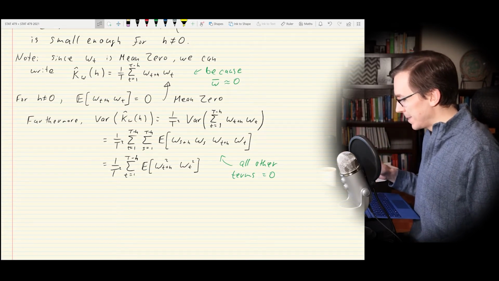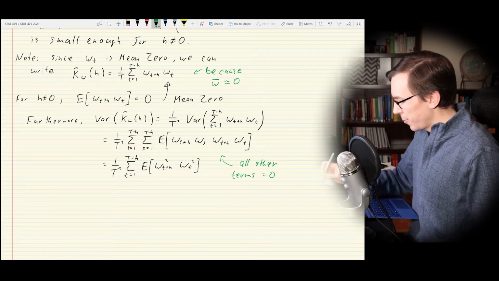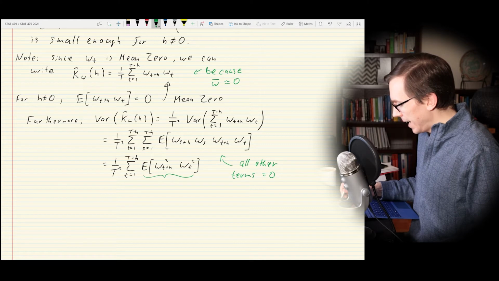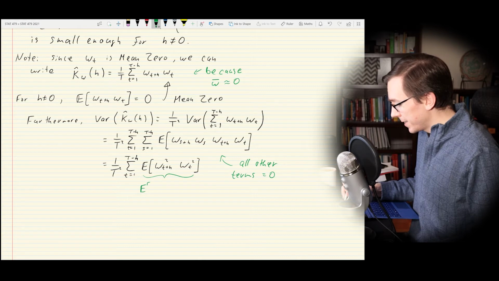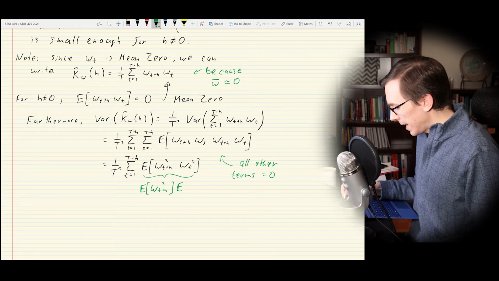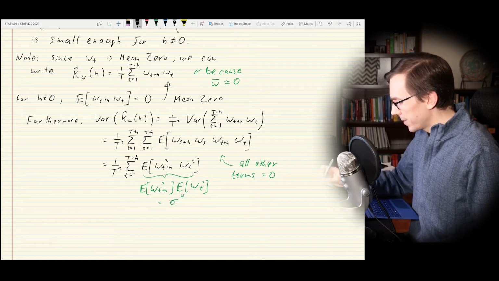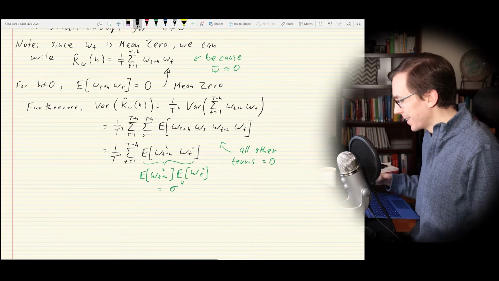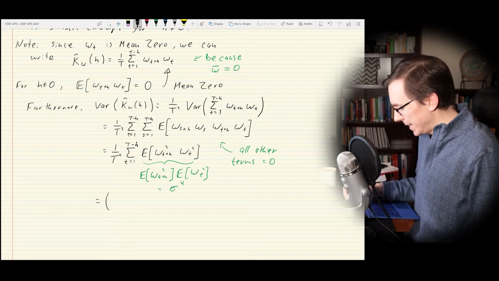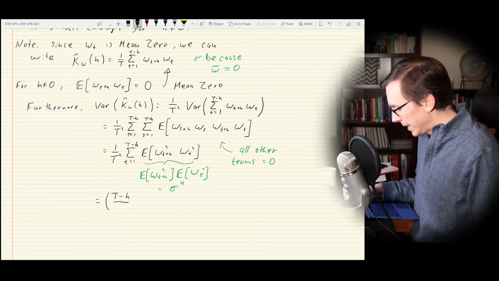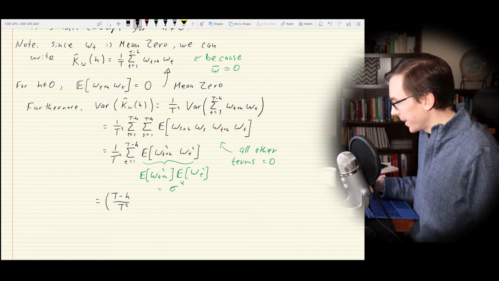It's actually going to be sigma squared, in this case sigma to the 4th, because what we do is we take this, and because the white noise process is uncorrelated, we can split this into 2 pieces as such, and then we can show that this is in fact sigma to the 4th. It's sigma squared times sigma squared, which means that our final answer ends up being something that looks like t minus h divided by t squared